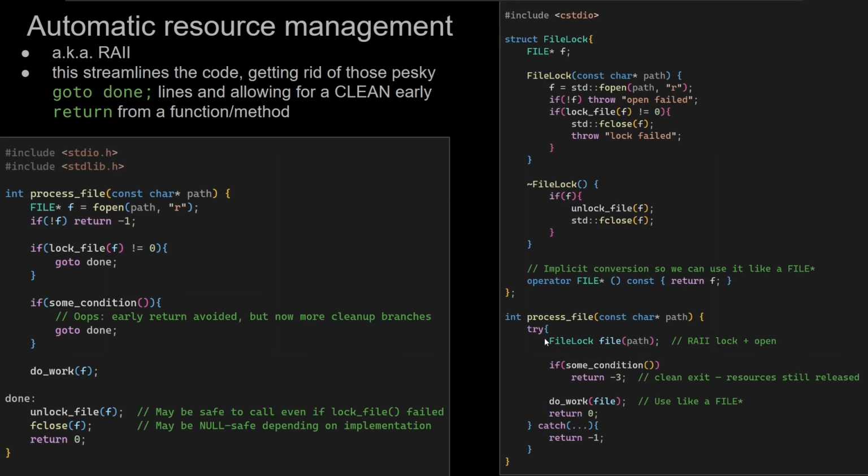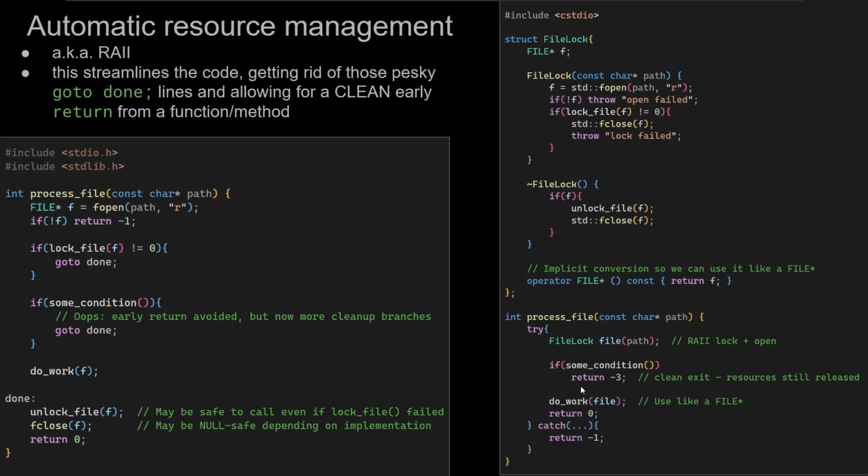And then all you do is you have this file lock over here. You just acquire the file lock, you do something, you return cleanly without any problem, because the destructor will take care of releasing the resource. And then you do some work and you again return without a second thought. And no matter how many junior engineers come in here and sprinkle more return statements, the code will still continue